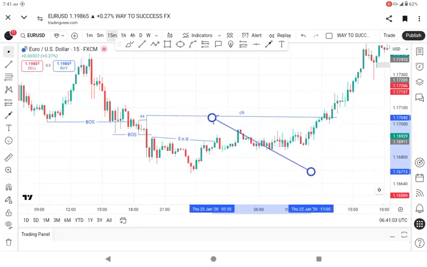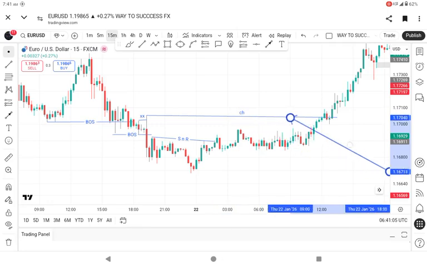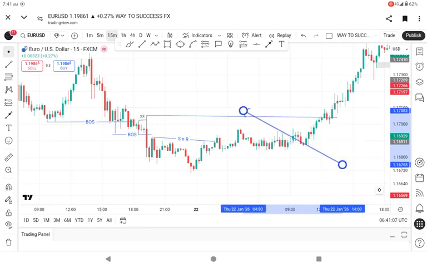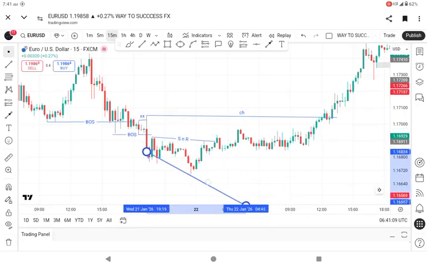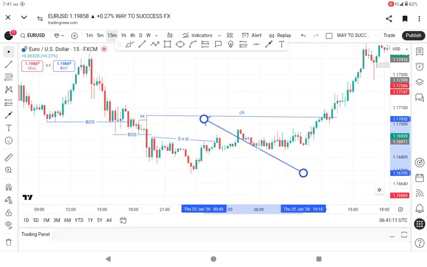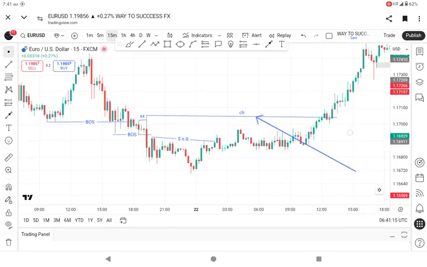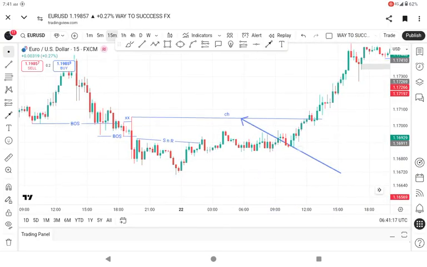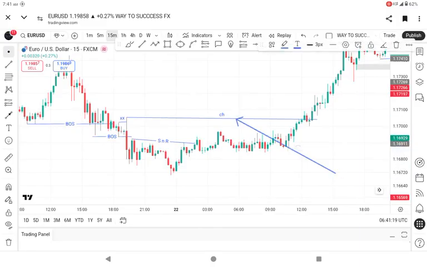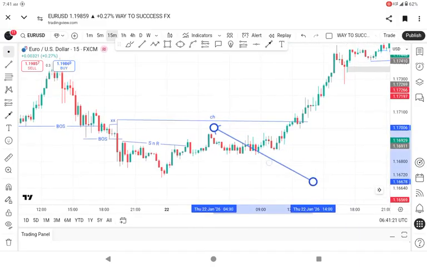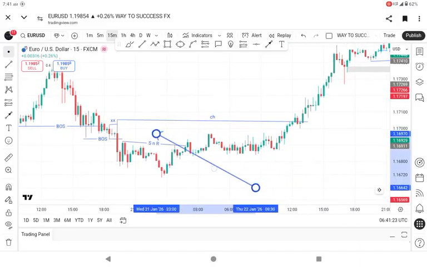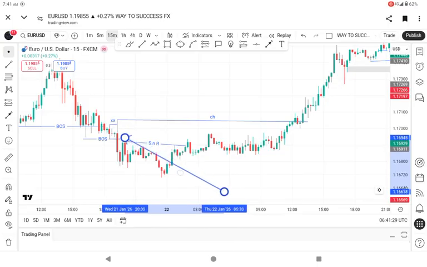So after we took this loss, already the market is proving that it is no longer ready to continue to the downside. So all I'm doing now is looking for a buy, and the market continued pushing to the upside. So all about this video is to show you guys how to trade SnR, how to use equal highs as a confluence. So if you look here, before the mitigation of this order flow,